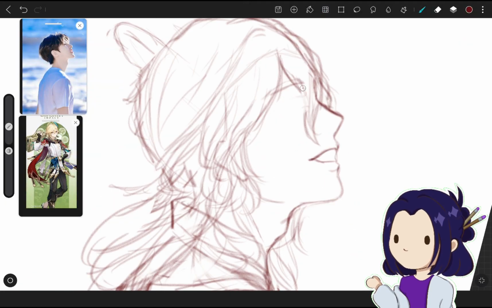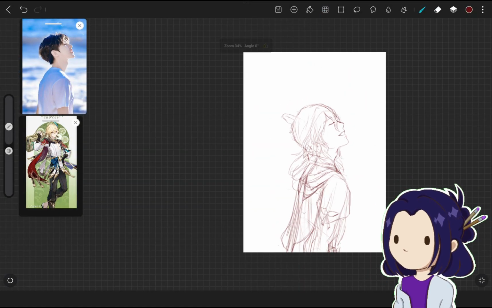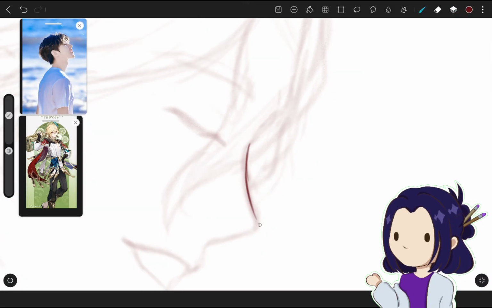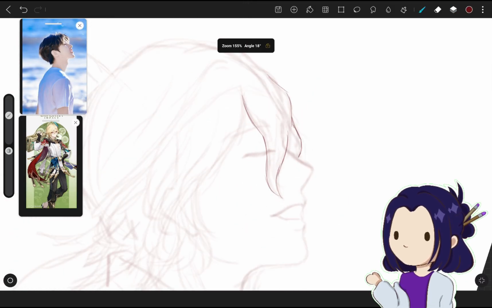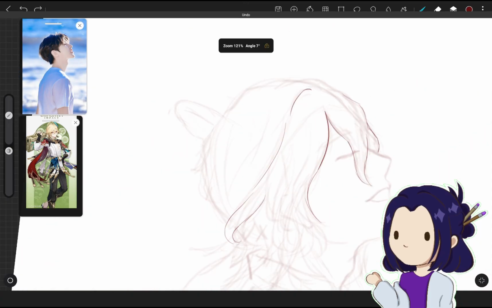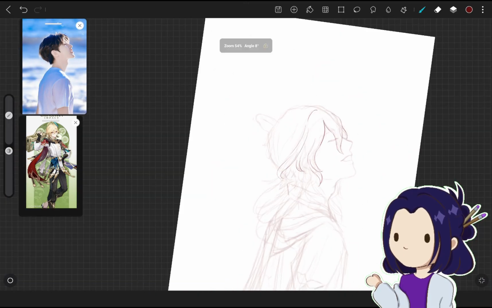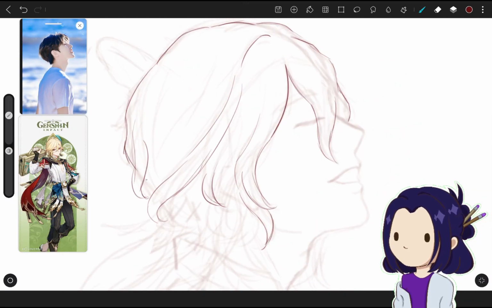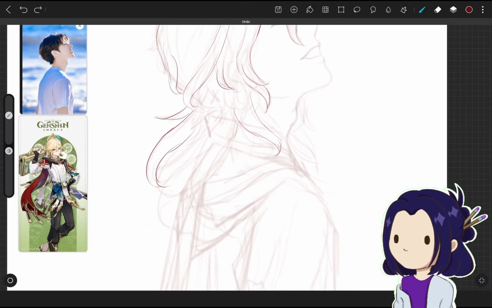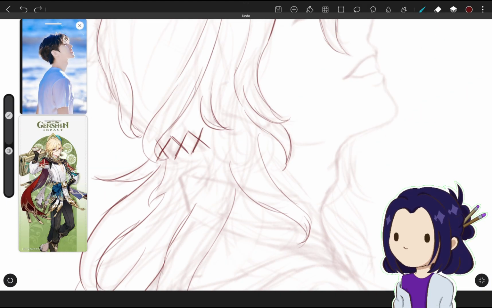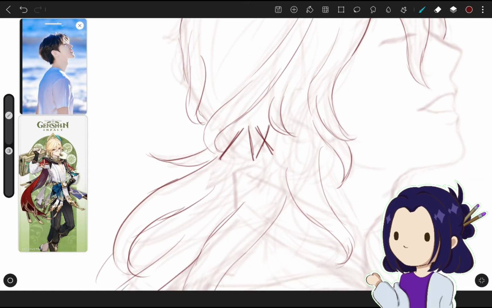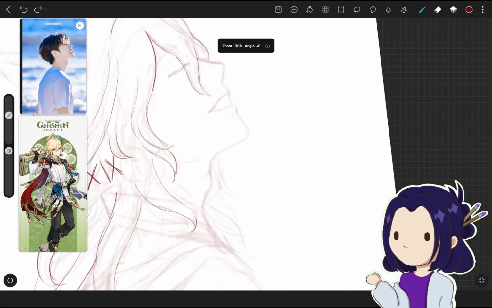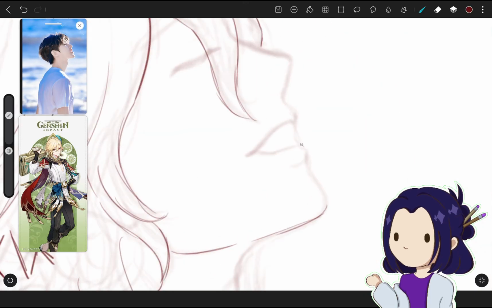The other day I was scrolling through Pinterest looking at beautiful art of my favorite characters and getting inspired when I found something. A tutorial on how to render the face. And then I thought, this seems interesting enough. Why not make a video out of it? And here we are with a completely original idea of taking these tutorials and trying them out in my own